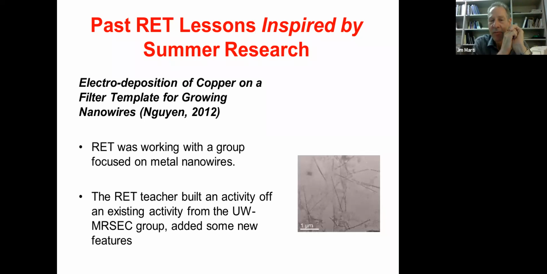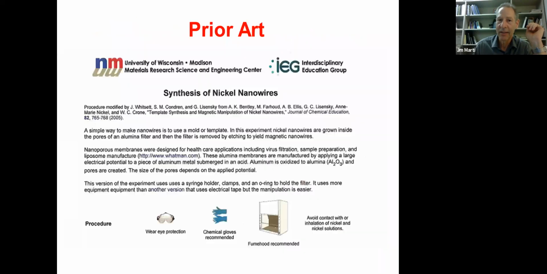archive formed by the University of Wisconsin MRSEC group. And if you're not familiar with that as a resource, it's a wonderful place to find lessons of nanoscience and nanotechnology, especially great hands-on labs. The activity that he was building on looks like this. So if you've ever looked into the UW MRSEC materials, this is the format,